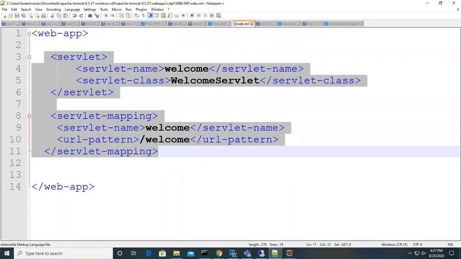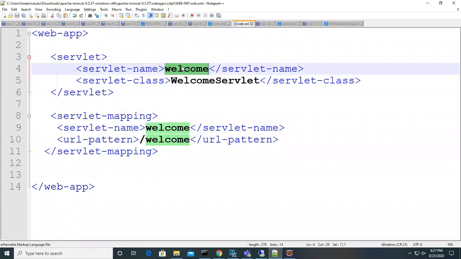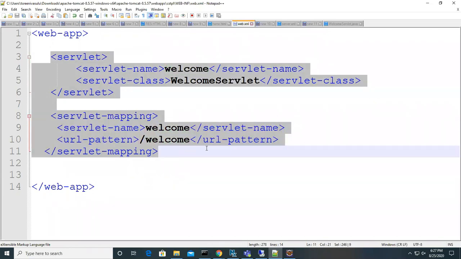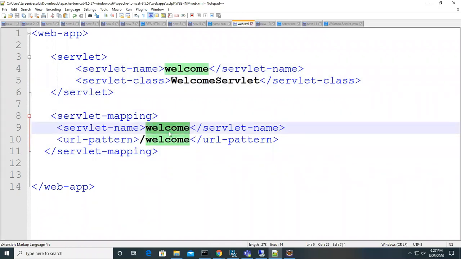For each servlet, we have to configure like that in web.xml, under the web-app tag. So what is the syntax, guys? This is the syntax. You can just directly copy paste it for each servlet and change your own names. Give your own name, you can give any name here, but the same name you give here, give in the mapping also. I will explain what will happen when you send a request and all, but for now just try to understand the configuration. How this configuration will be used by the server, we will understand in the future classes. Don't worry about it. You have to give the class name, and the URL pattern you can give anything, but the class name must be the same as the one you created.